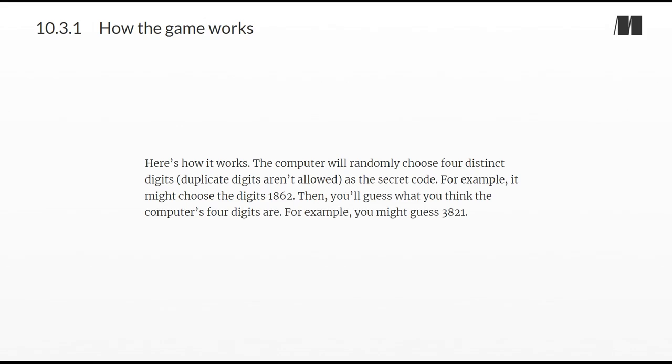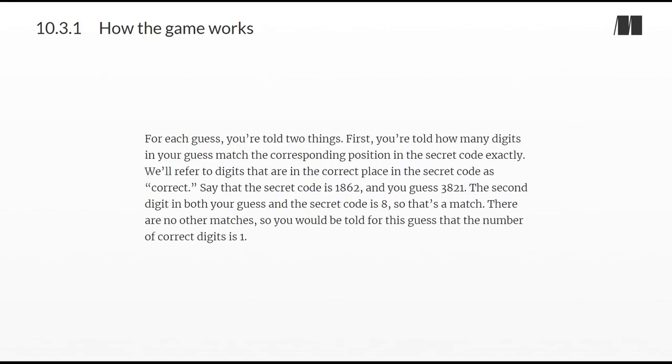Then, you'll guess what you think the computer's 4 digits are. For example, you might guess 3821. For each guess, you're told 2 things. First, you're told how many digits in your guess match the corresponding position in the secret code exactly. We'll refer to digits that are in the correct place in the secret code as correct. Say that the secret code is 1862, and you guess 3821. The second digit in both your guess and the secret code is 8, so that's a match. There are no other matches, so you would be told for this guess that the number of correct digits is